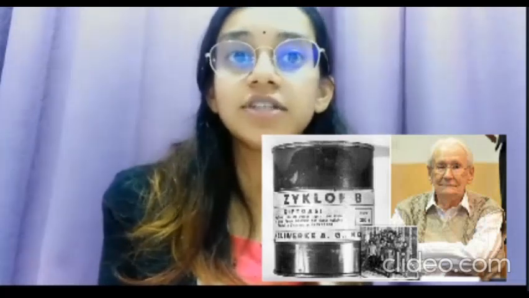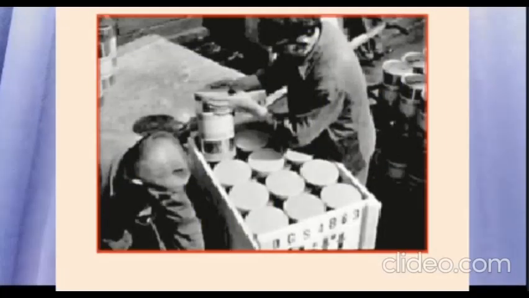Before I pass it back to Ms. Shakira, here are a few examples of cyanide poisoning during the olden days. Hydrogen cyanide, under the name of Zyklon B, was used as a genocidal agent by the Germans in World War II. Reports have also indicated that during the Iran-Iraq War in the 1980s, hydrogen cyanide gas may have been used along with other chemical agents against the inhabitants of the Kurdish city of Halabja in northern Iraq.